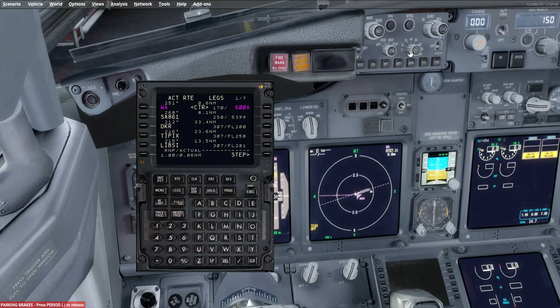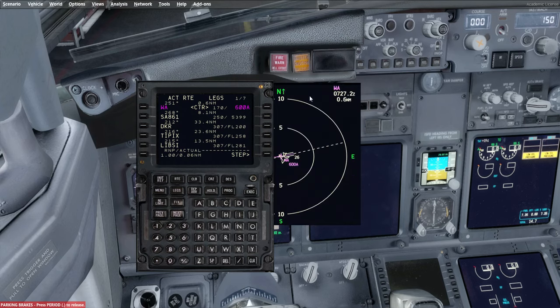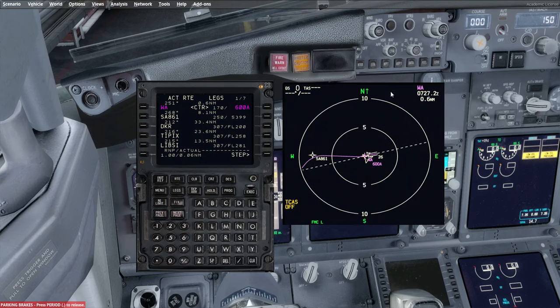And if I bring the draw distance down, let's just make that a bit bigger so you can see what's going on. We can actually use this feature here, step. Now that only occurs when you put it on plan. So if you're wondering where that's suddenly come from, it only appears down here in the FMC when you put it on plan. So if we click step, you'll see that it's stepping through these waypoints, these legs, and we're just making sure that there's a magenta line running all the way through to